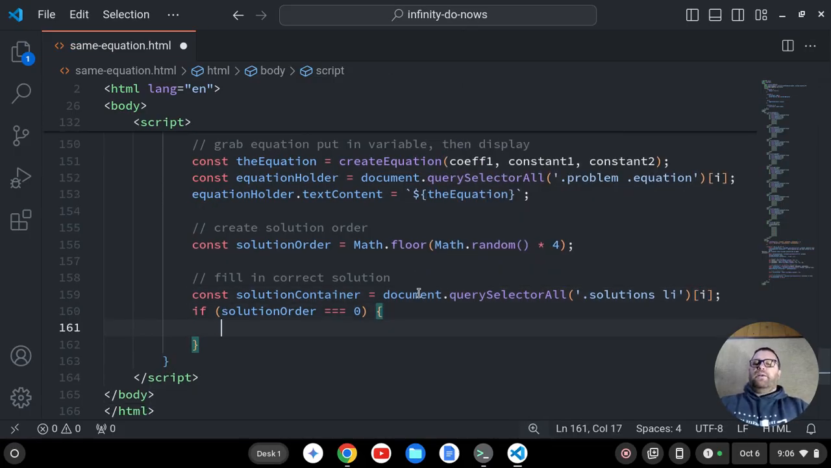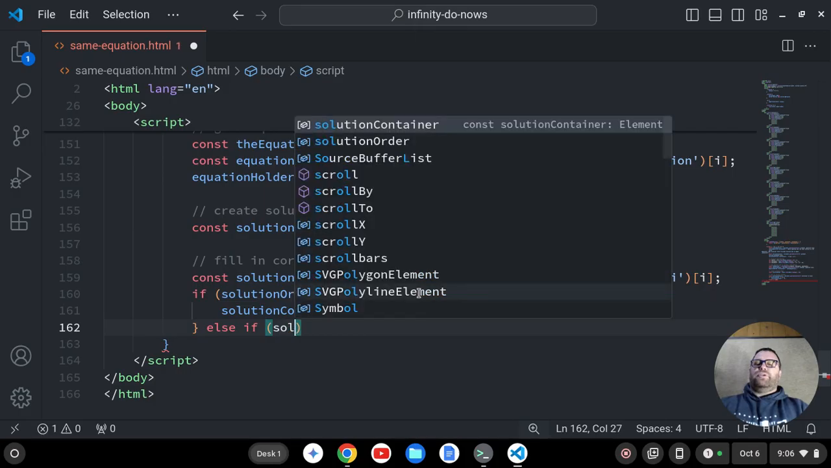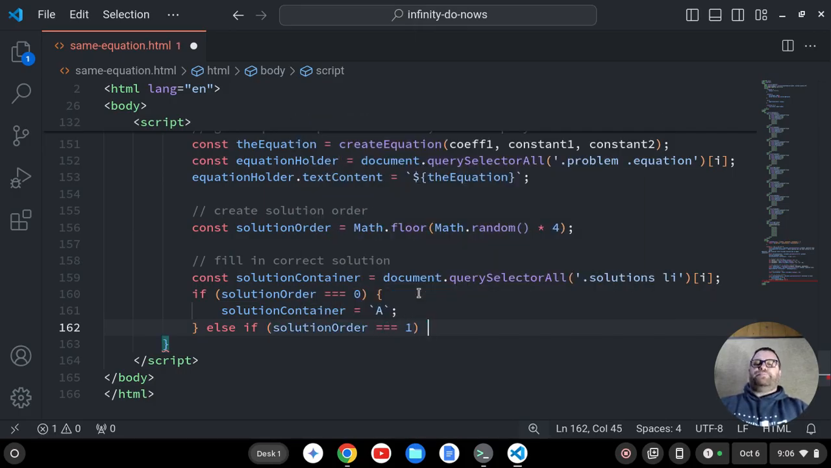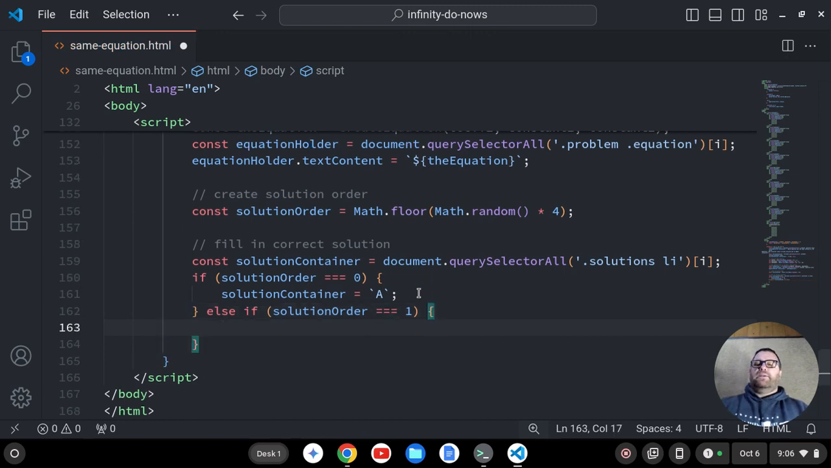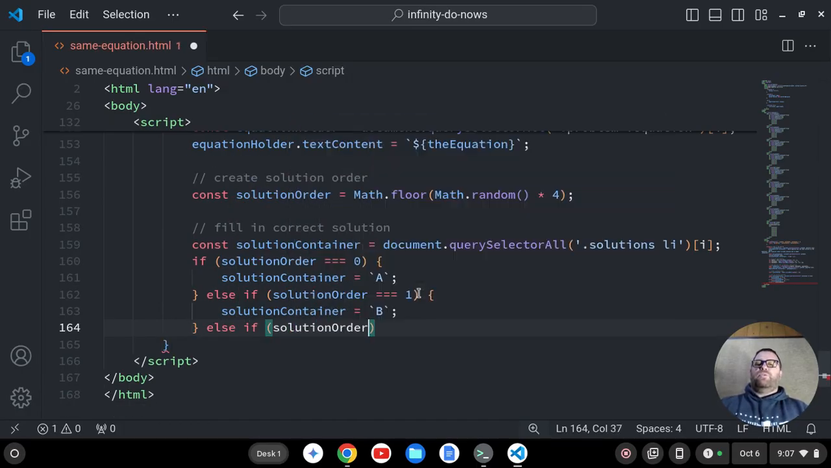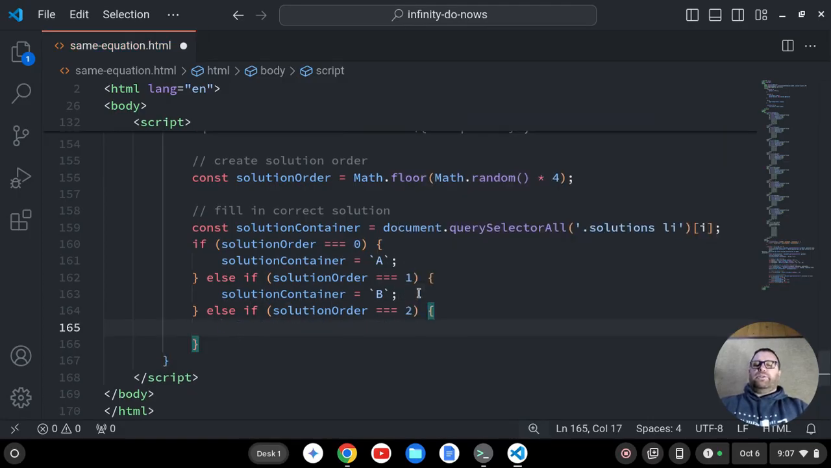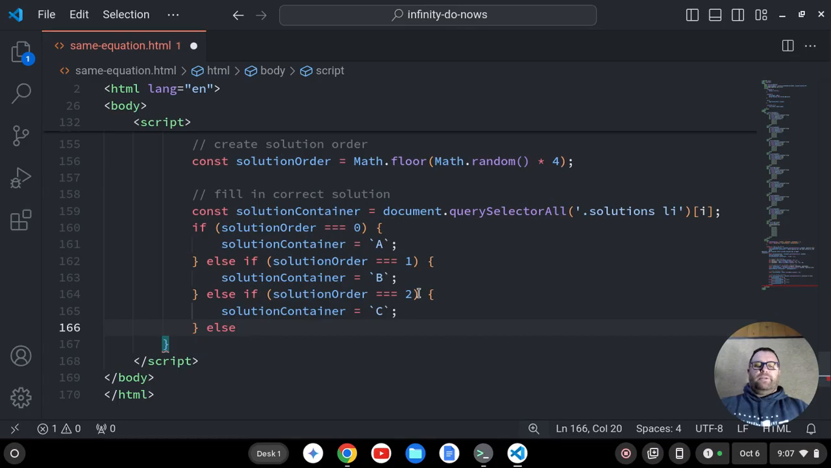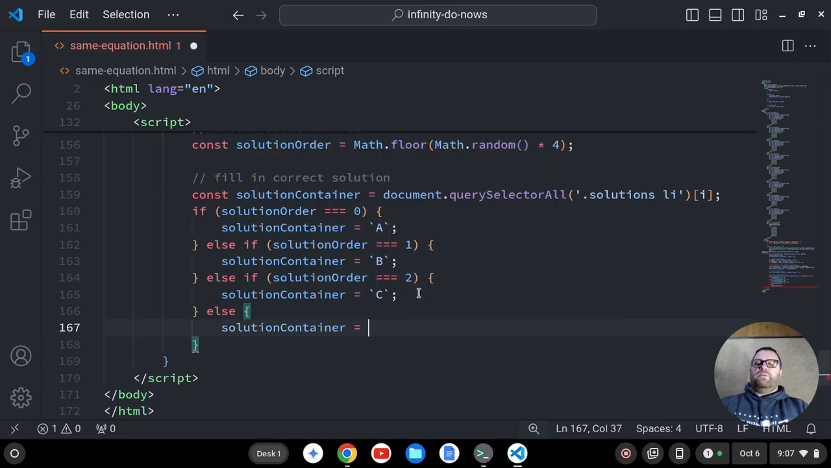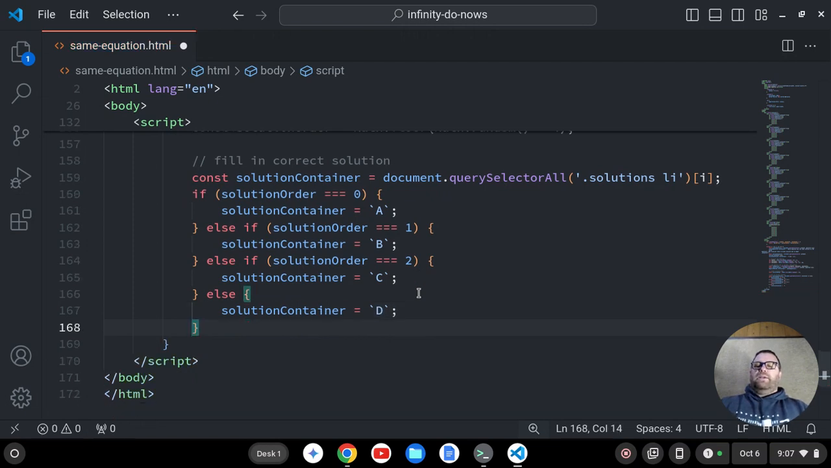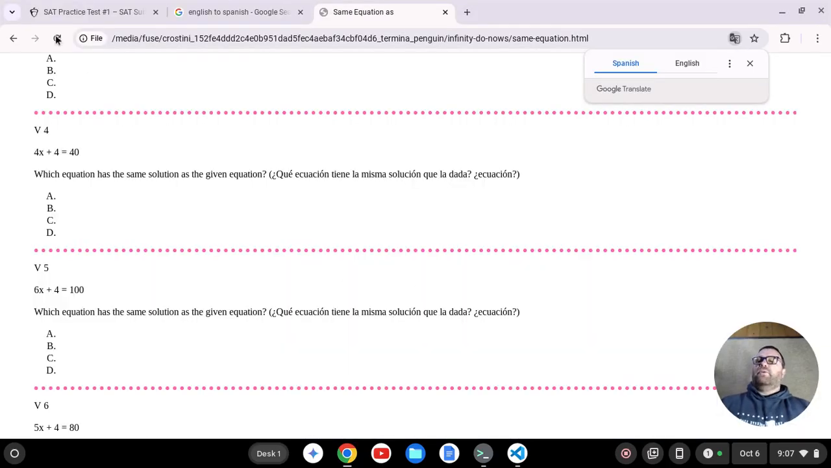And then we'll say solutionContainer equals, let's just do A for this, else if solutionOrder equals 1, we'll say solutionContainer equals, and there's probably stuff we're going to add to these, B, else if solutionOrder triple equals 2, solutionContainer equals C, and else, we'll just do the solutionContainer is going to equal D. Okay, and then let's save that, and now refresh,